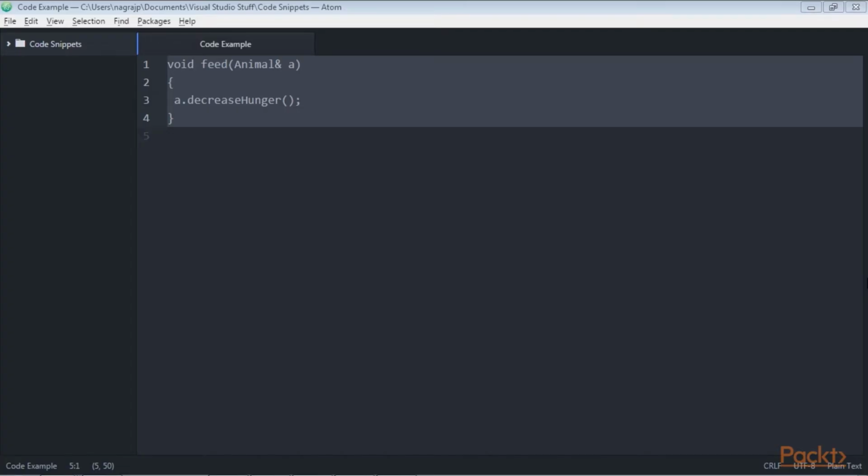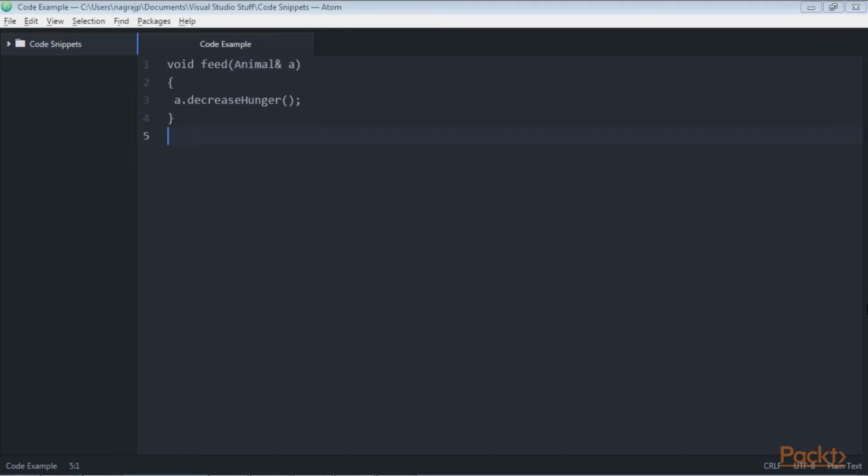Take a look at this definition of the hypothetical feed function. This function has the animal reference as a parameter, meaning that any object that is built from a class that extends animal can be passed into it. So you can even write code today and make another subclass in a week, month, or year, and the very same functions and data structures will still work.